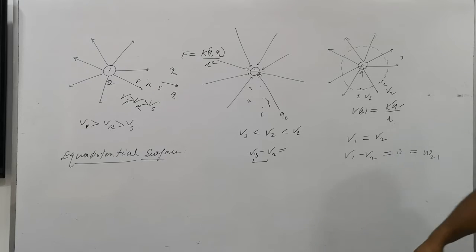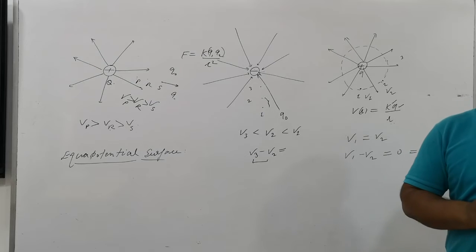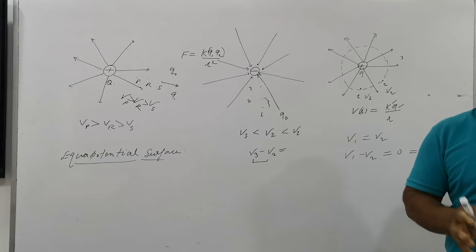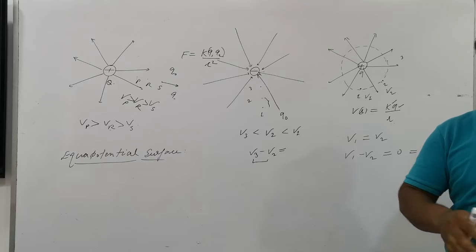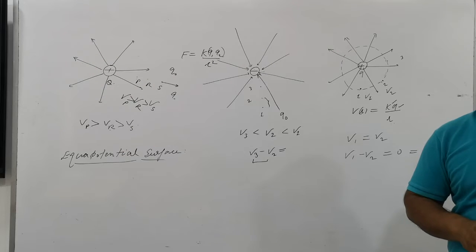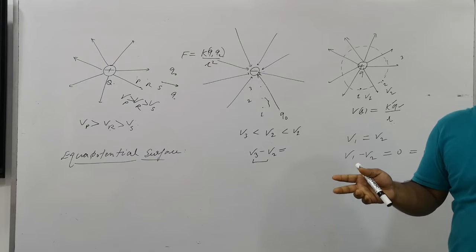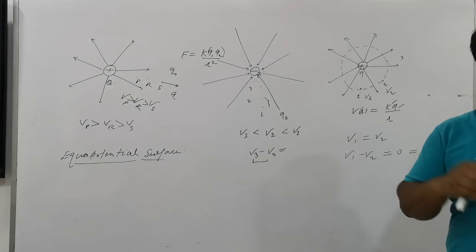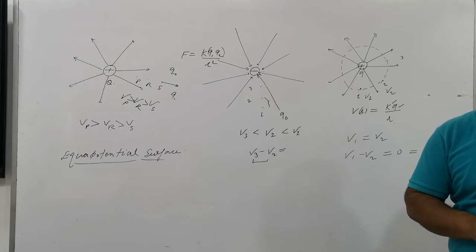So what can we conclude about our equipotential surface? In bringing the charge from one point to another, there is no work done. It means the work done is 0. So on an equipotential surface, a charge can be shifted from one place to another without doing work, without any involvement of energy. Work is equivalent to energy. No energy loss is there, no energy utilization is there. Energy is not released, energy is not absorbed. Is that clear?